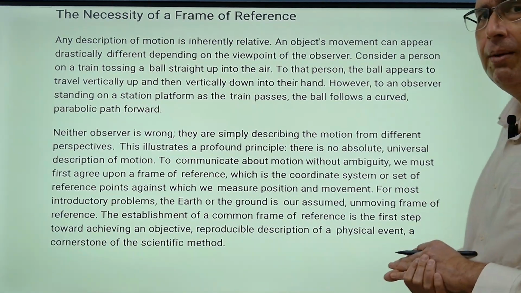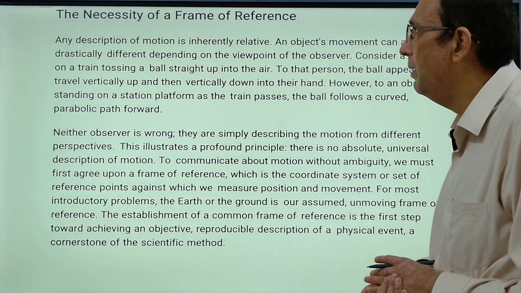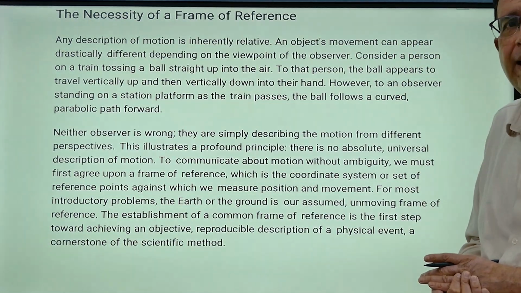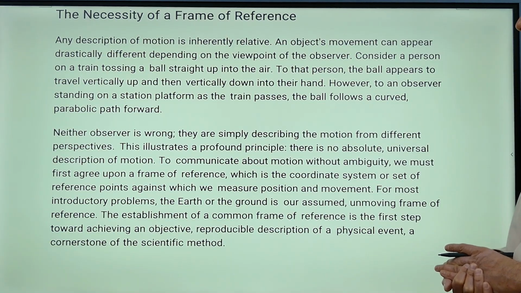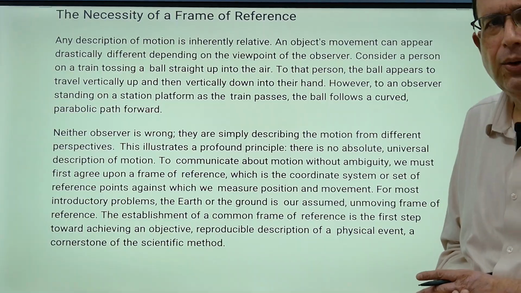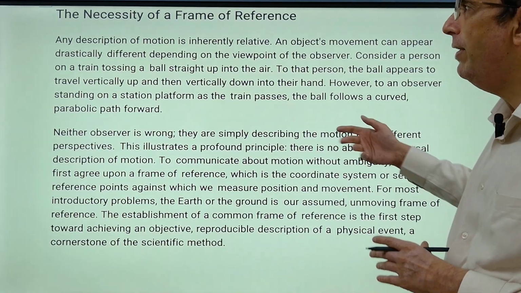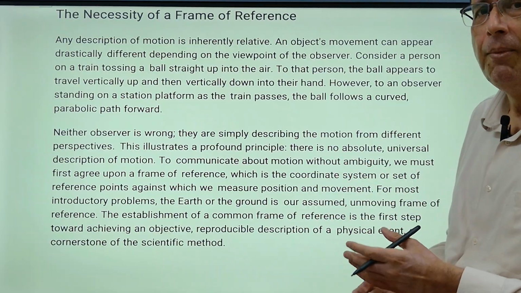So when we're talking about the frames of reference, as I've already told you, any kind of motion is inherently relative. So you require a frame of reference. So it can drastically change from one point of view to the other, as I've already told you. So basically, I've already covered this thing. And then let us say when we're talking about